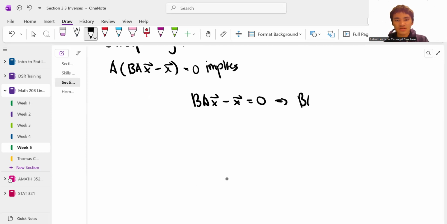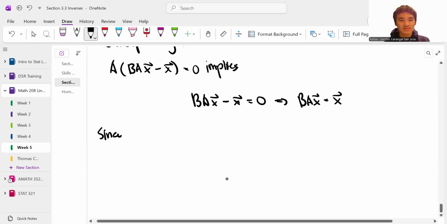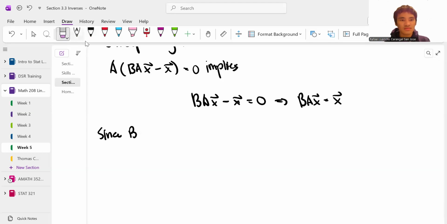We can just rewrite it as BAX equals X. Oh, we're just proving the theorem. Okay. And since BAX equals X for all X,